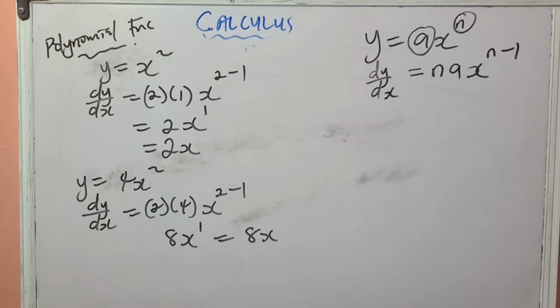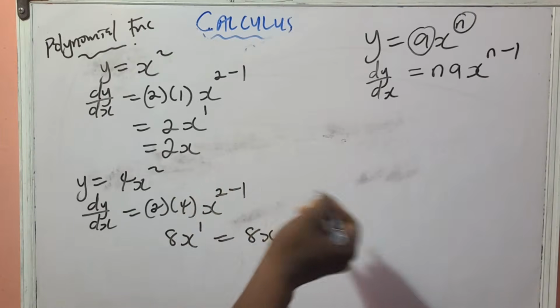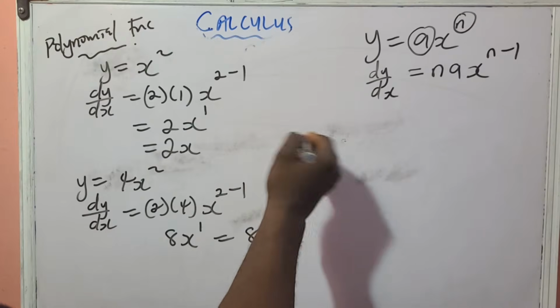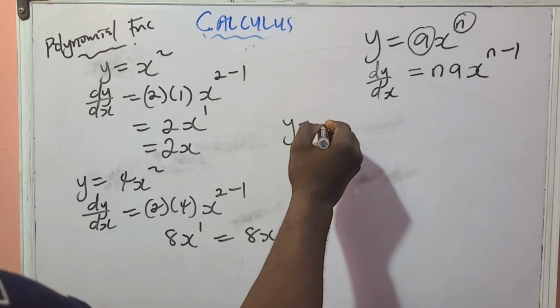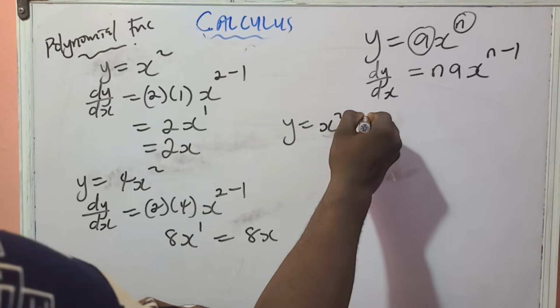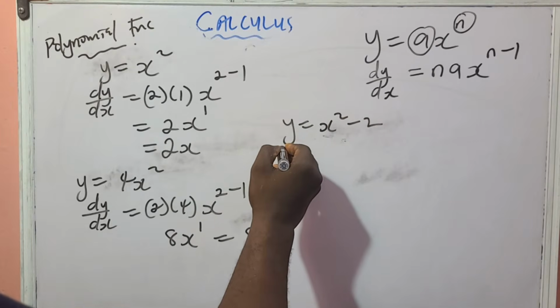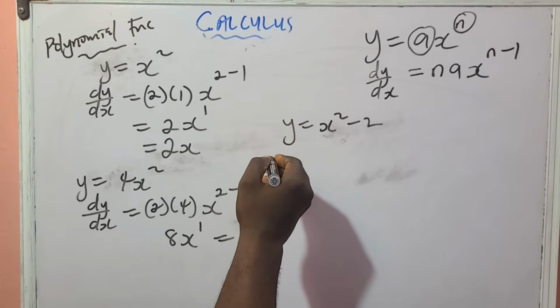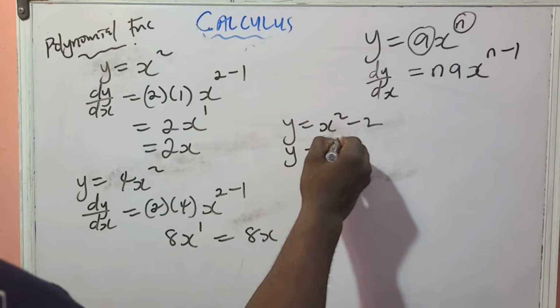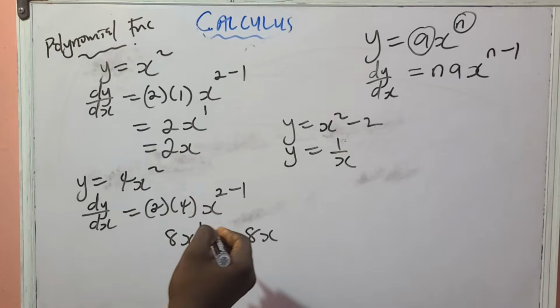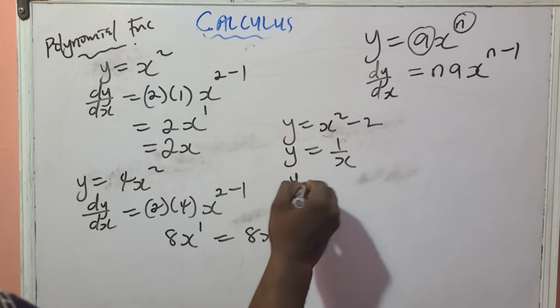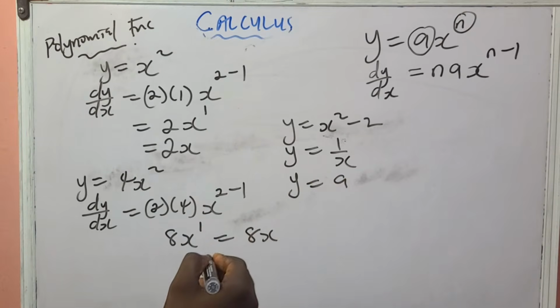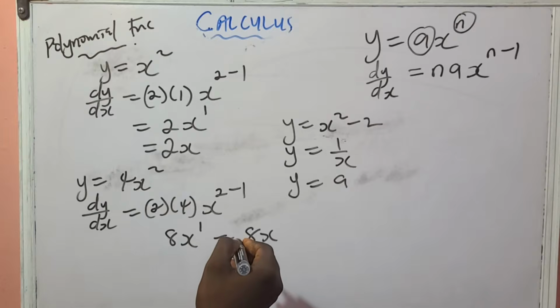So well, let's do some quite quickly. We don't have to waste time. Just be telling me the answer right in the chat box. If you have y equals x squared minus 2, what are you going to get here? If you have y equals 1 over x, what are you going to get here? If you have y equals a, we'll talk about that very soon. Then if you have y